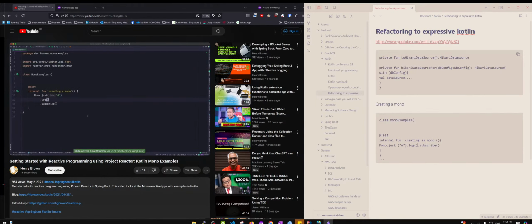But that's not particularly useful, so what you might want to do next is actually pass a parameter into the subscribe method so that you can actually do something with the value that is passed in the onNext method. The simplest way of doing that is simply to add a single parameter onto the subscribe method, which in Kotlin, because it's a closure, I can just omit the round braces and write the closure immediately over here. So now I can just do something like